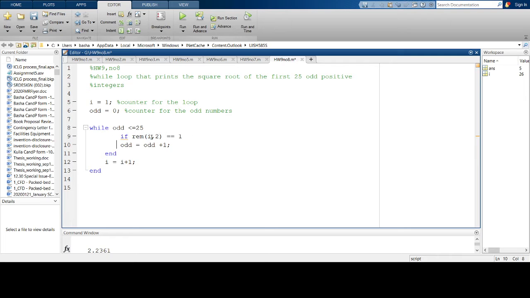So if the remainder of I divided by 2 is equal to 1, so this is a logical expression to determine the odd numbers, then odd is equal to odd plus 1, and I also need to print out the square root. So I'm going to print out the square root of I as well, and then I'm going to increment I. So if you think about it and we go through our iterations, so let's try and figure out the iteration. Iteration 1,